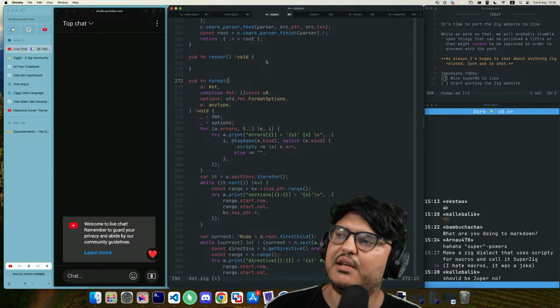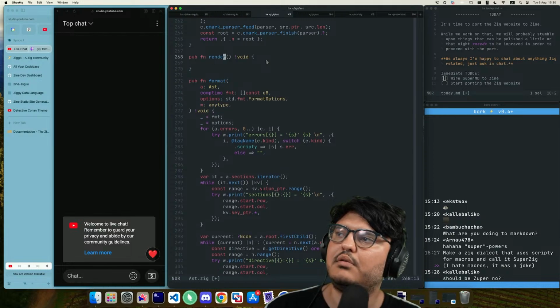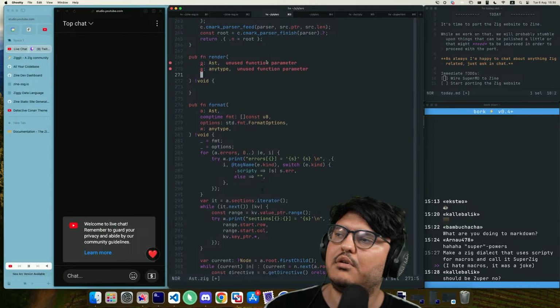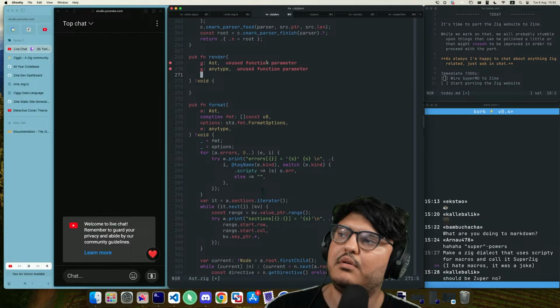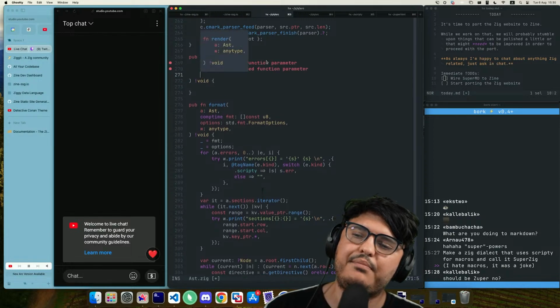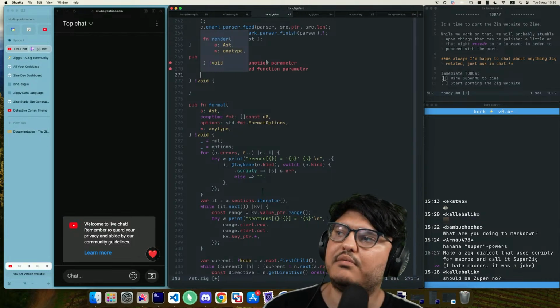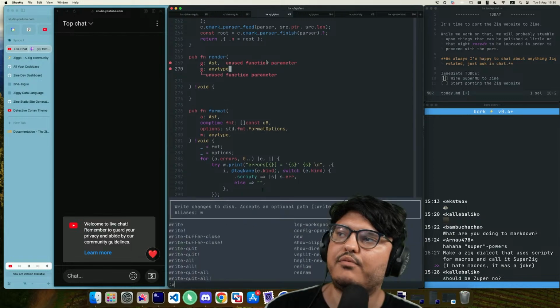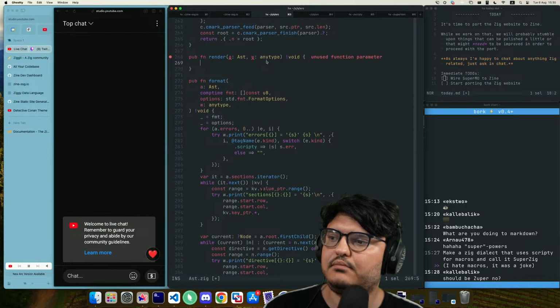And the signature is actually not that different. We have the AST, we have the writer, which is an anytype. We also need some rendering options, I think, but we can think of those once they come up. Okay, so now we have to worry about rendering.